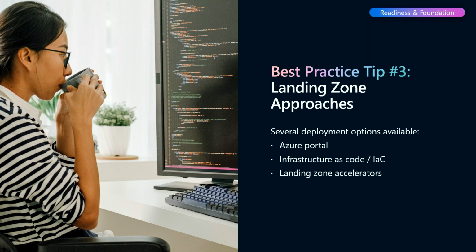And then the last thing we said is, well, what if I have SAP, right? What if I'm doing AVD? How about that? I see you've done this foundational landing zone, but I've got a specific workload that I want to run in Azure, and I would like that to work. So what we did is we created landing zone accelerators.